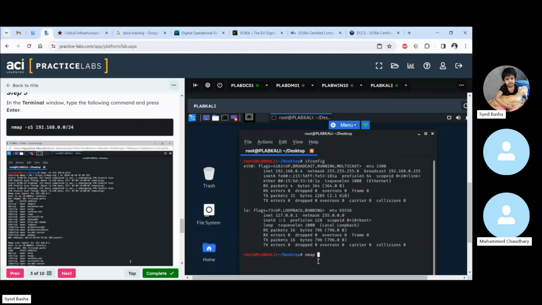Because what we are going to do is reconnaissance, which is called a mapping attack. We are going to get some sort of details. So nmap